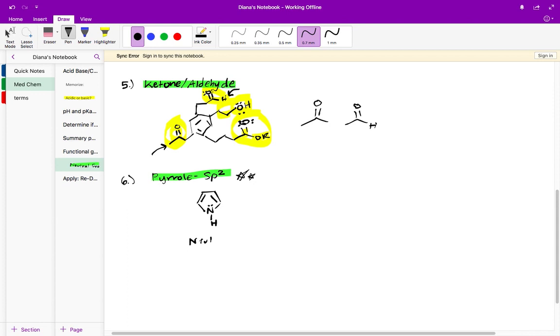The reason why it's neutral is because this lone pair on the nitrogen is trapped within the aromaticity of the ring. In other words, I can move this lone pair here, right? I can move this bond here. I can move this bond onto here and put a lone pair there. The point is, this lone pair is literally depicted inside of the ring, and it is within the aromaticity of